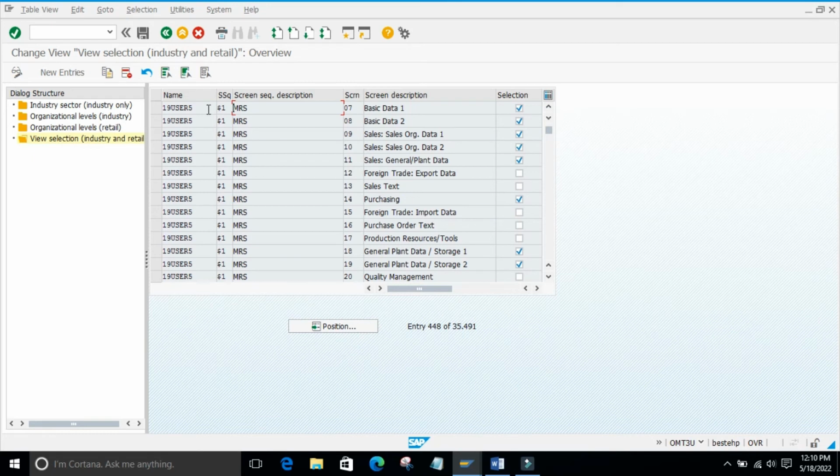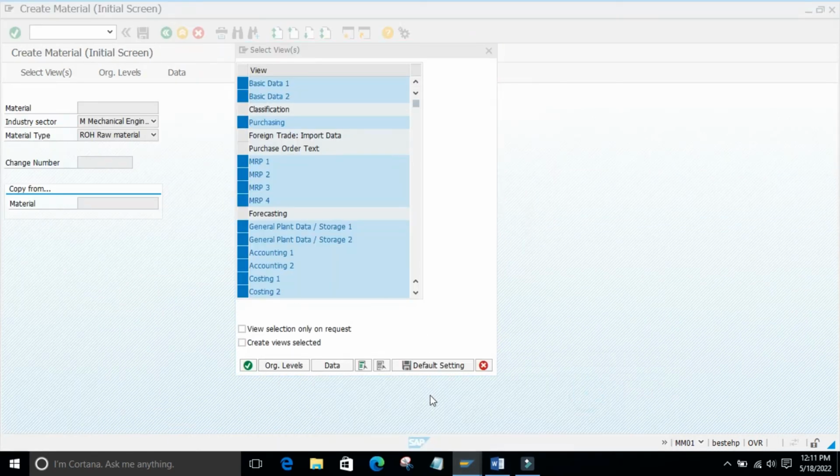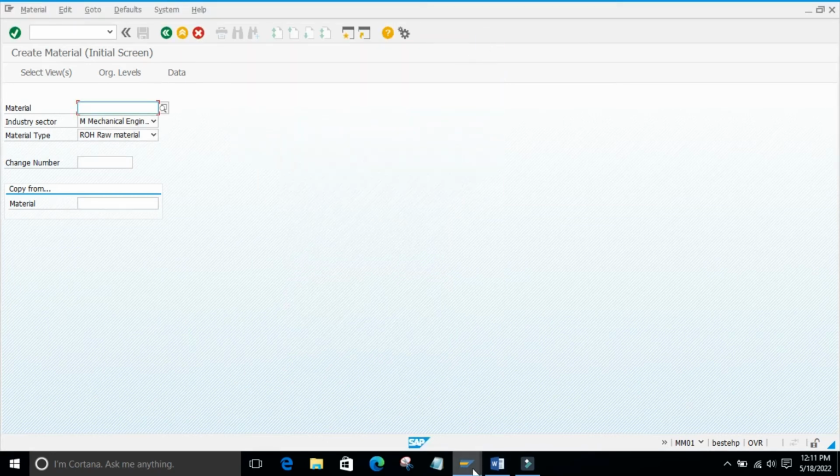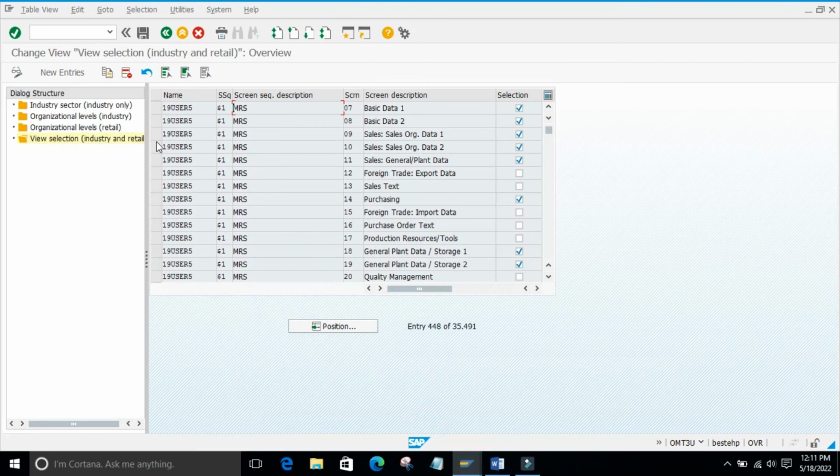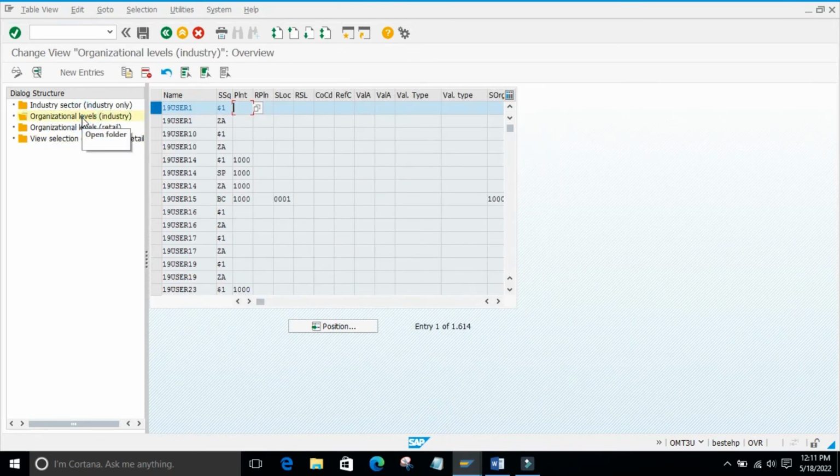See user is 19 user 5. So yeah, I was confused here. See, 19 user 5 I didn't define for here. 19 user 5, so I already defined it here. So 19 user 5, see,